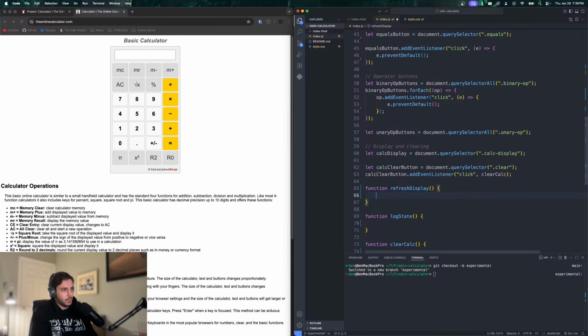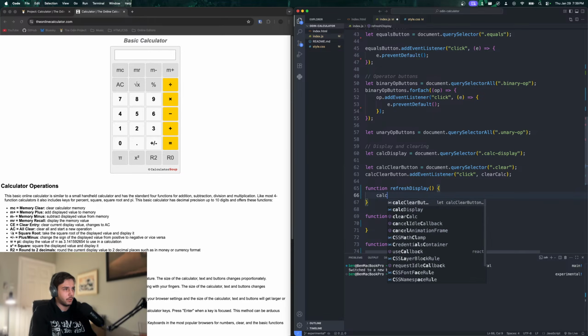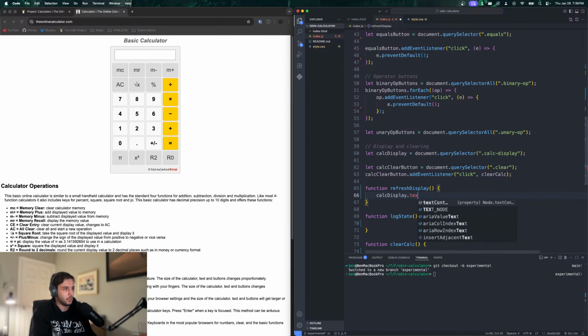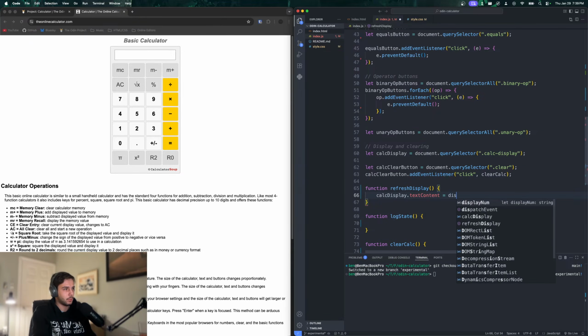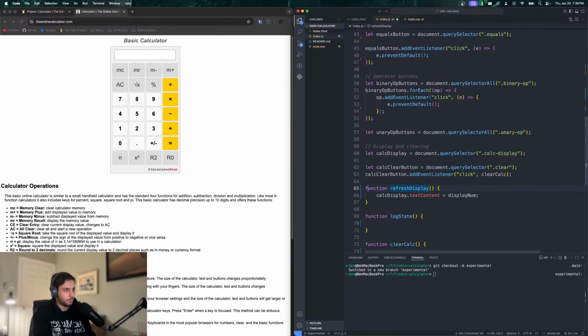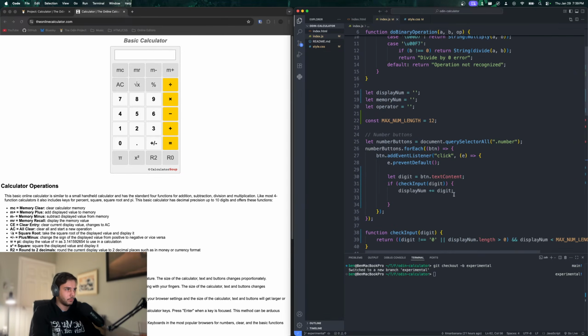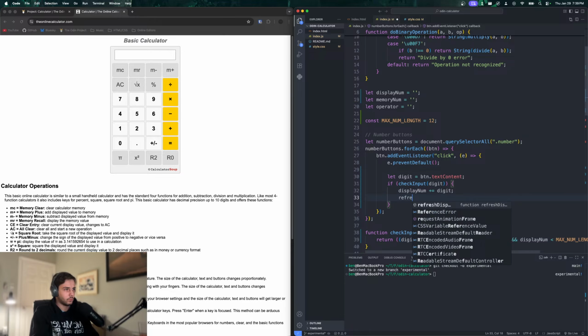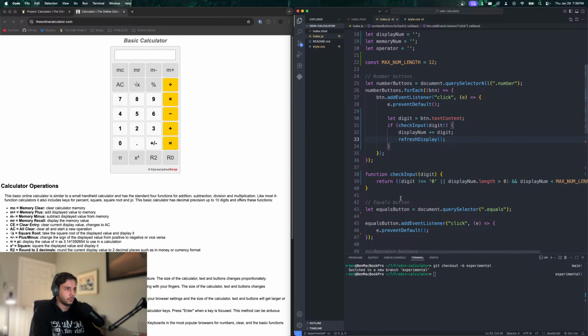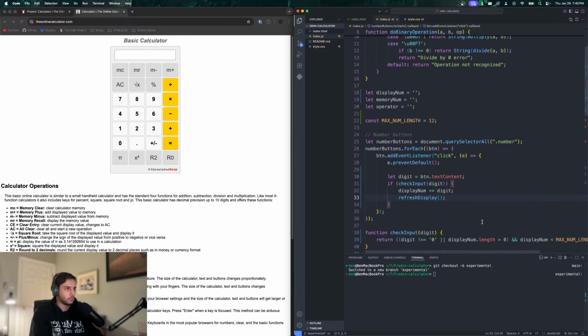So we'll just say the calc display dot text content equals display num. Okay, so that should work